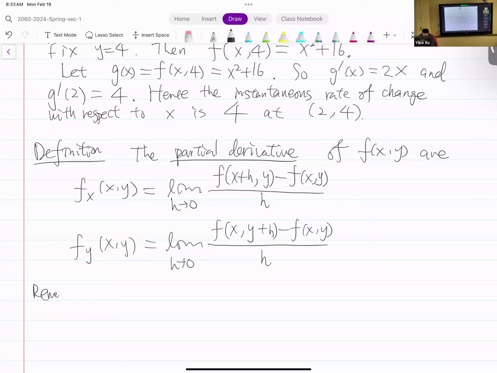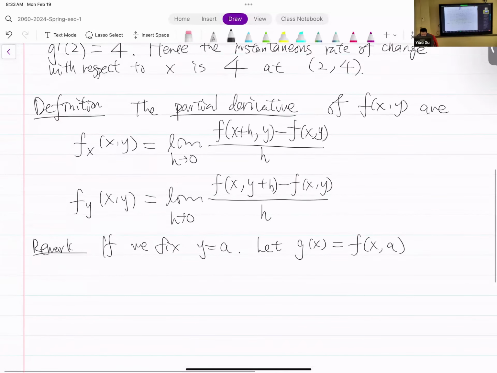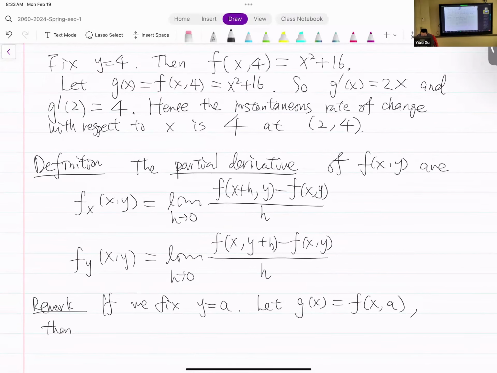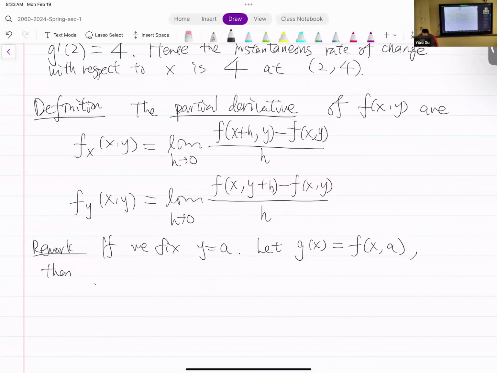Remark. If we fix, let's say, y equal to a constant a. So when we fix y to be a constant, then this is again reducing the function to be a univariate. Okay? So if you fix y to be a, then you have f of x a, and we just denote it as g. Then now g is a univariate function, so this is exactly the process we have done just right above the definition, right? So we fix the y value, and then we have the g, and then we can take the derivative. So g prime of x